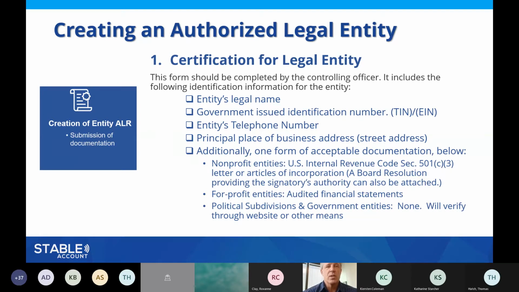And I'll also mention too that a political subdivision or government entities doesn't really require any of these additional documentation, because they're not going to have articles of incorporation, or in some cases they could have audited financials, I guess. But in those particular circumstances, right now, Someday takes the approach that they can do public-facing web searches on web pages and other sites and gather information in other ways to verify that governmental entity or that political subdivision, and who some of the key players in that are.